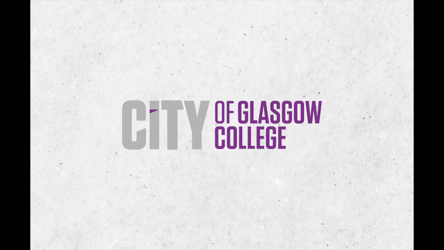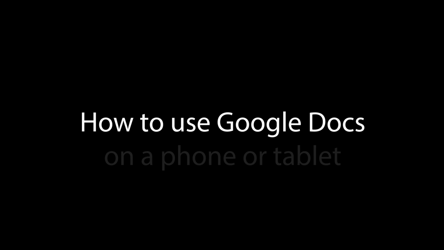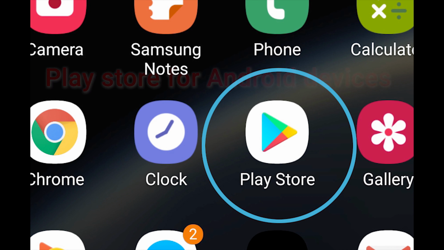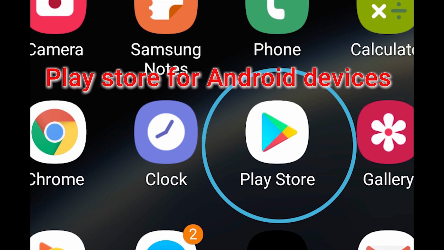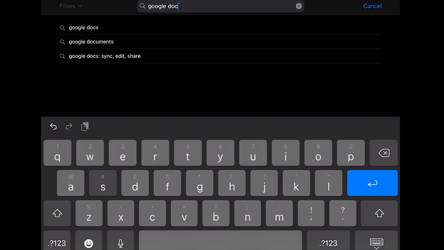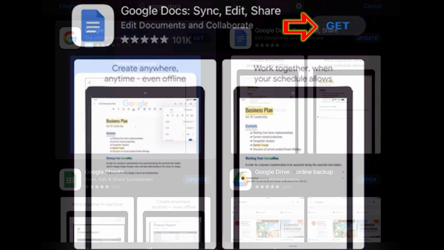This video will show you how to use Google Docs on a phone or tablet. First, you need to install Google Docs. Go to the App Store on iPhones or iPads, or Play Store on Android, or just search for Google Docs. Click Get or Install to install the app,